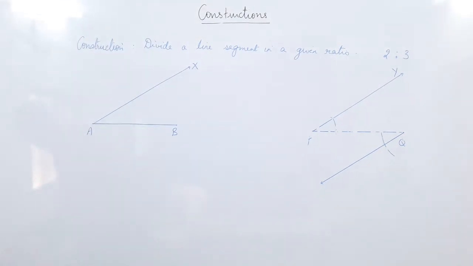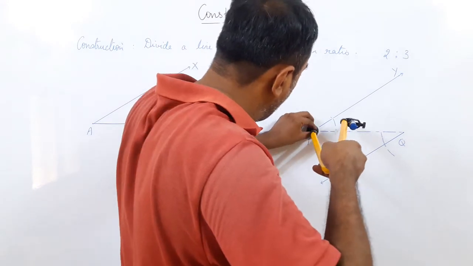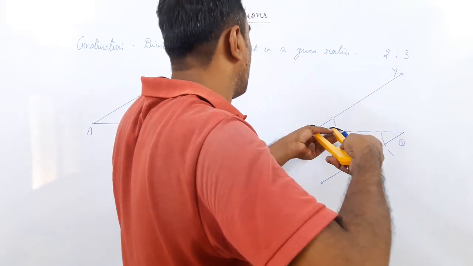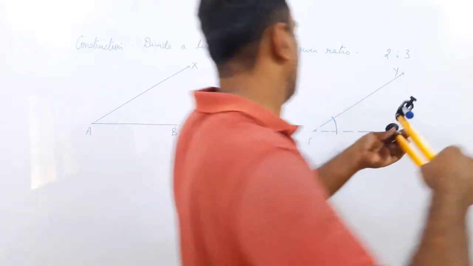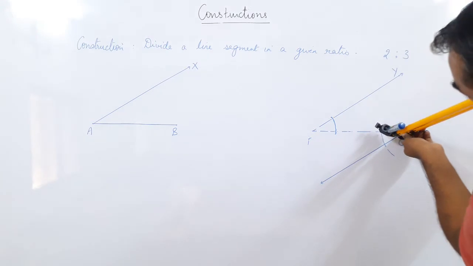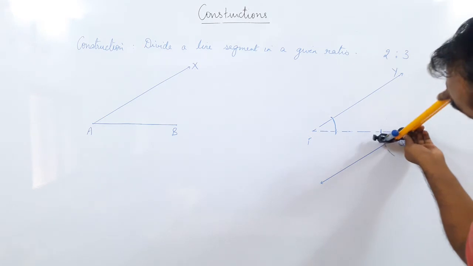So, we have to do the construction. Now, what method did I use here, check it out. I used the method that the alternate angles should be equal. You can see here again what I have done. At the point P, I drew an arc. From the point P, I drew an arc of a known radius. From this point Q, I drew an arc of the same radius. Can you see the arc of the same radius?